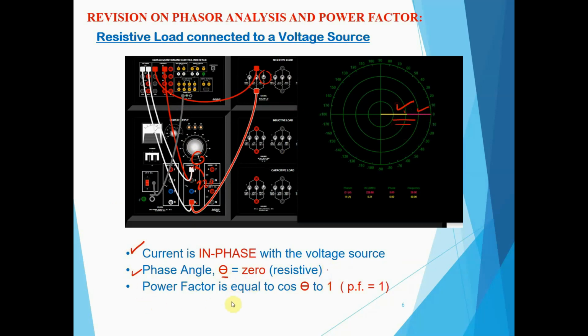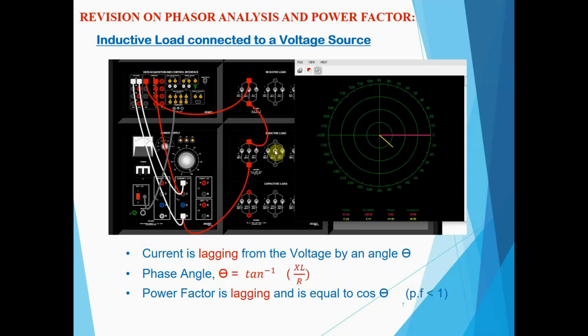The phase angle theta is 0 for a purely resistive load. The power factor is equal to cosine theta, which is equal to 1, right? Or power factor is equal to 1. This is for what? A purely resistive load. As you can see here, I put only a purely resistive load. Now, if I combine this resistive load with an inductive load,